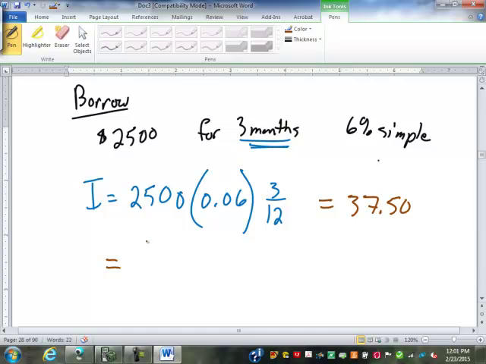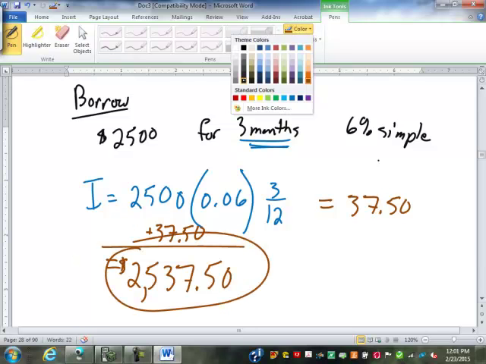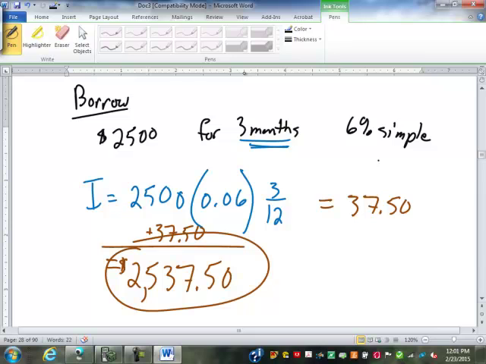So at the end of those 3 months, I have to pay back the $2,500 plus $37.50, giving me a total of $2,537.50. Any questions so far? Okay. So next,